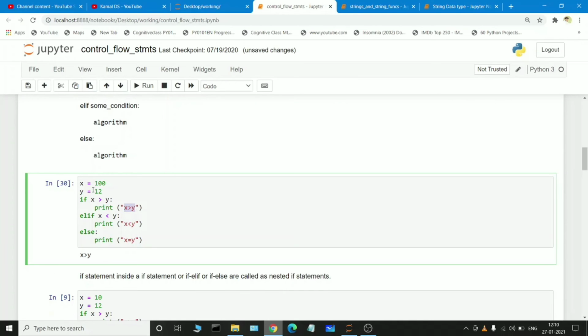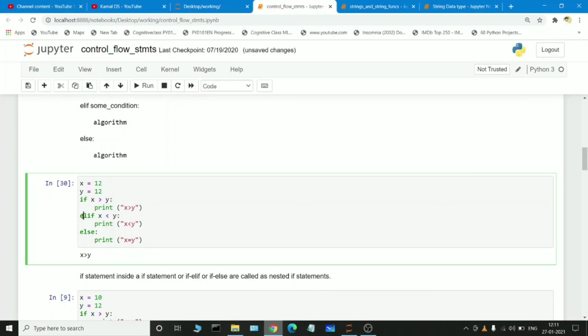Okay, so instead of giving it like this, if I just pass 12, which means x is 12 as well as y is 12, it is going to check the conditions line by line. It will first go to the if statement and check the condition. X is greater than y, which means 12 is greater than 12. The condition fails, so the if block is terminated. It will not go inside the if condition.